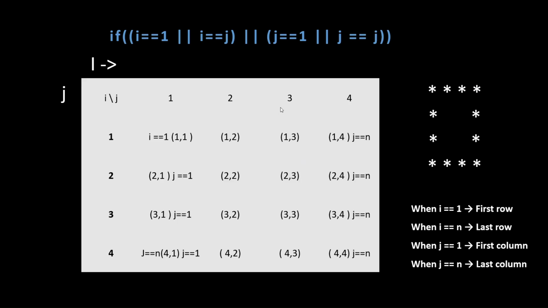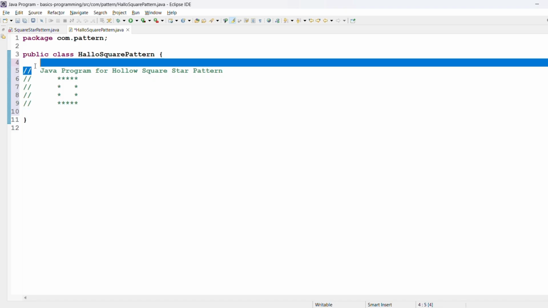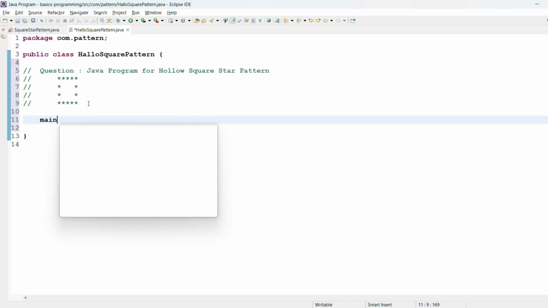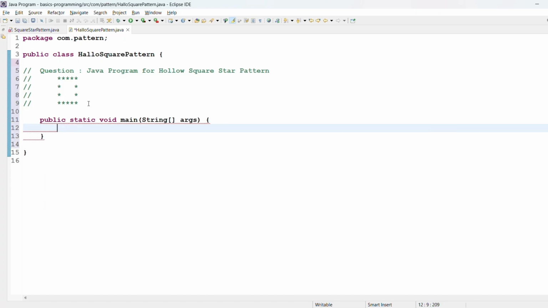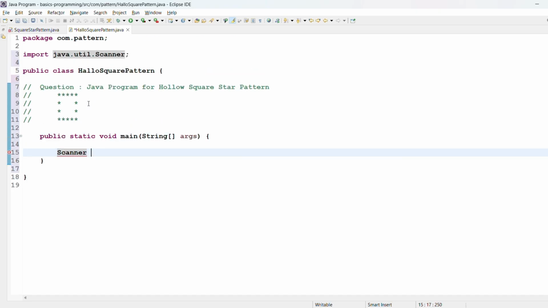Let's go to Eclipse and we'll solve this problem. The question is: Java program for hollow square star pattern. To solve this, first of all we need a main method, and in the main method we need a Scanner, which takes the input dynamically. Scanner s is equal to new Scanner. To create the scanner we need the new keyword,